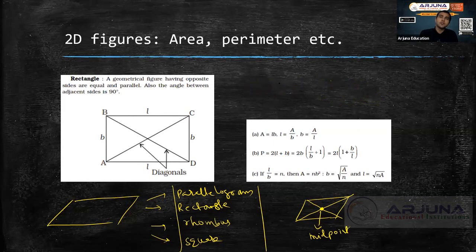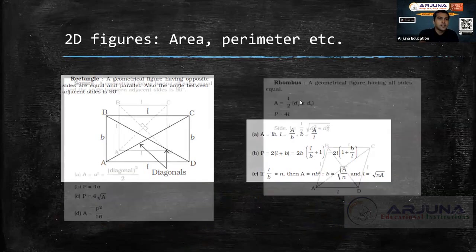So if you have a trapezium, what is trapezium? Two sides are parallel. That's all. But if you draw the diagonals like this, one diagonal and second diagonal, you can clearly see this is not the midpoint of any of the diagonals. So that's the importance of parallelogram. And in parallelogram there are four types, and how do you understand which type it is? Based upon diagonals. What is area of the rectangle? Length into breadth. What is perimeter of the rectangle? That is 2 times length plus breadth.